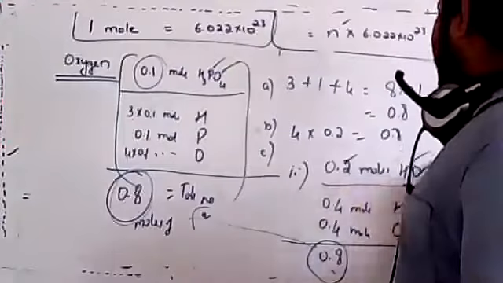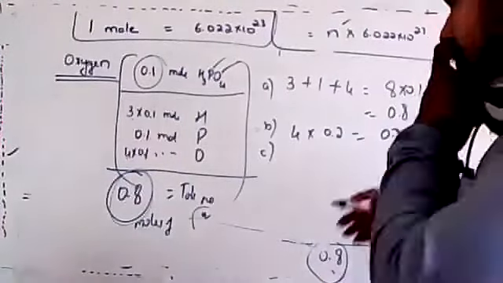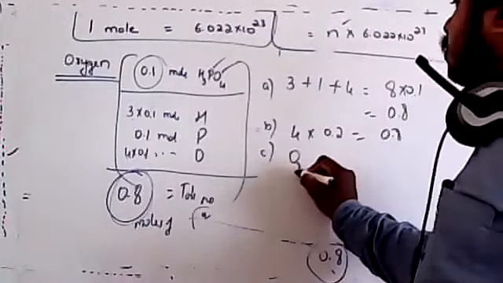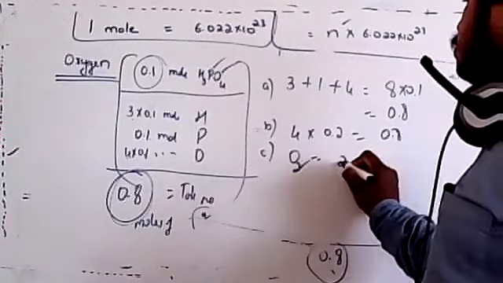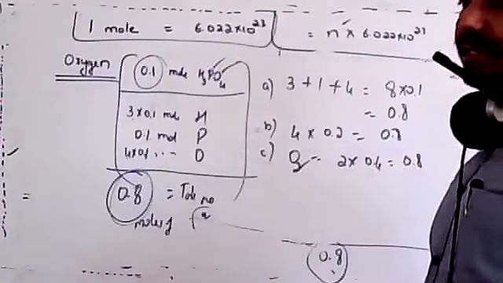No Anirudh, again you are going wrong. Don't get confused, do it this way. Count the atoms. They have given O2, which means it contains 2 oxygen. So 2 into the number of moles, 0.4, gives 0.8.